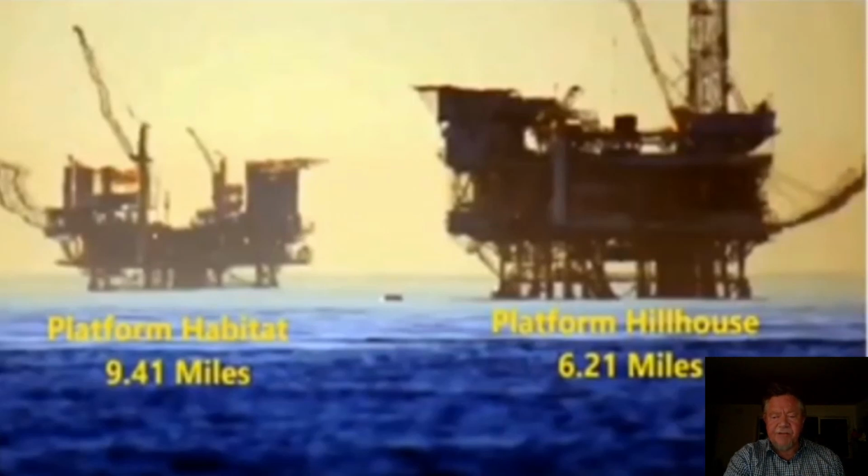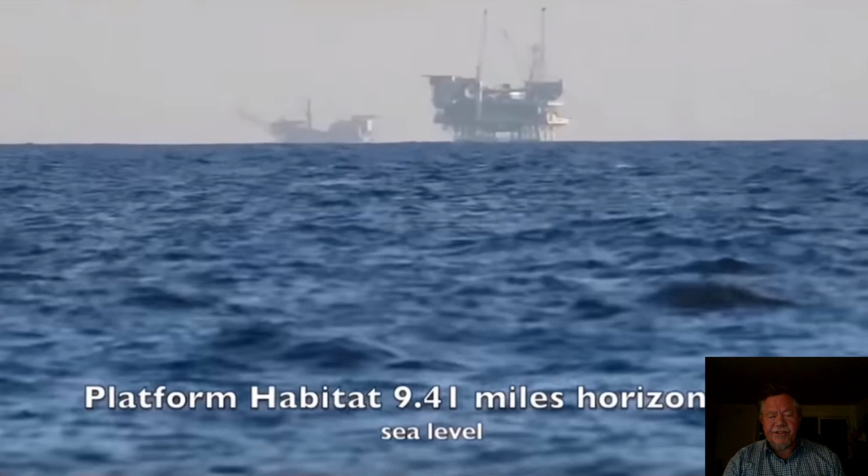Now let's get back to this image. And again, you can see on a normal day with normal refraction, with dry air, this is what you see. You can see that both platforms in the distance are beyond this apparent horizon. Okay, you can't see them. The one on the left is missing most of it. The one on the right is missing some of its legs because it's closer to us. The other one is further away. In fact, about 3 miles different.